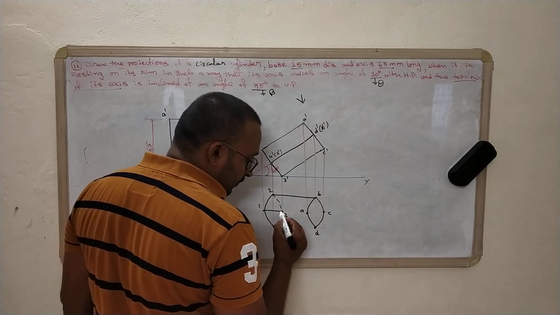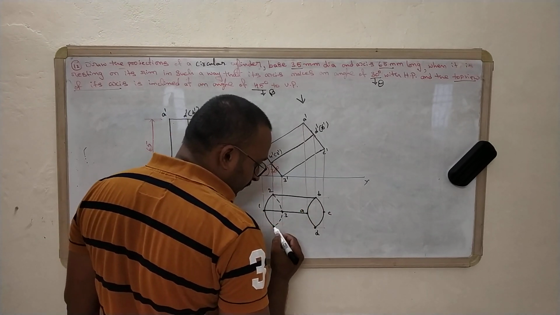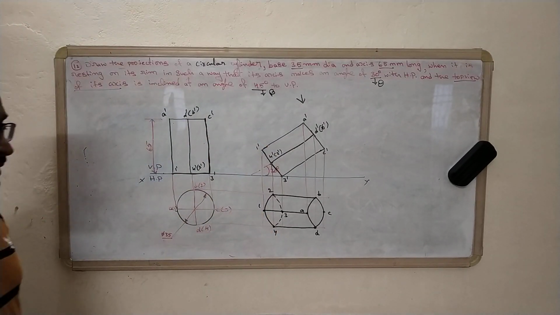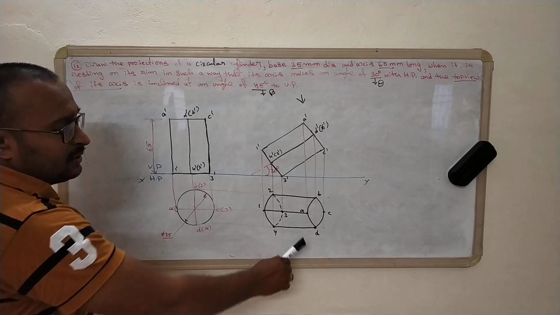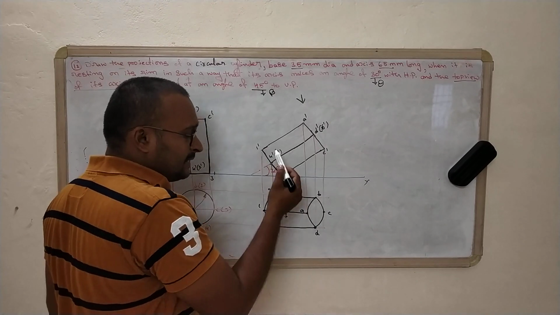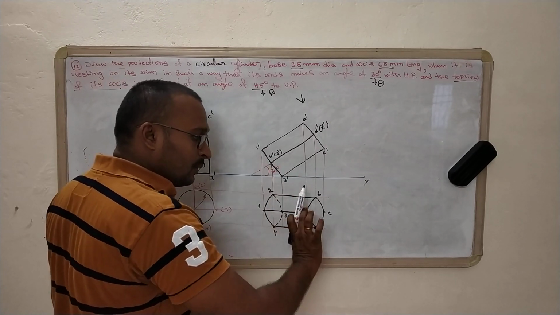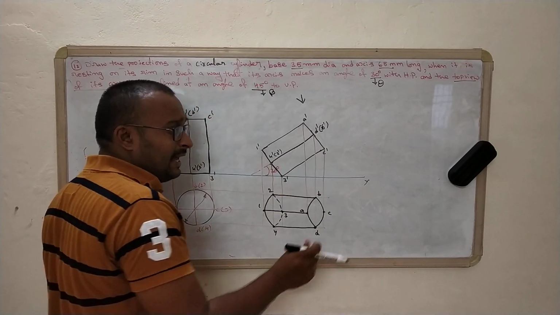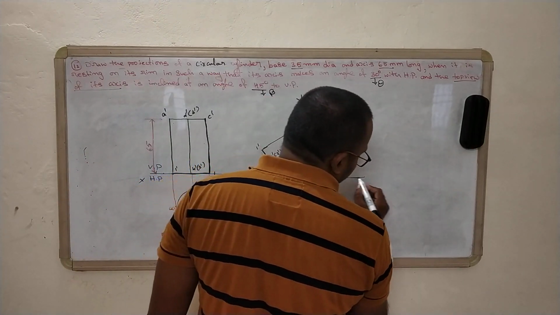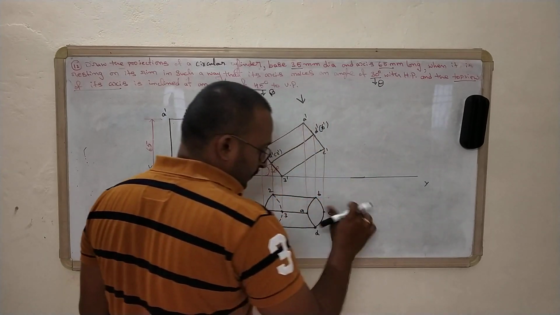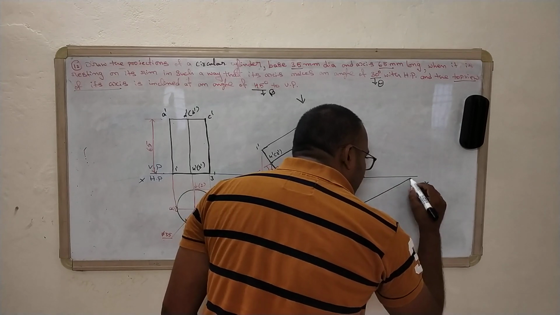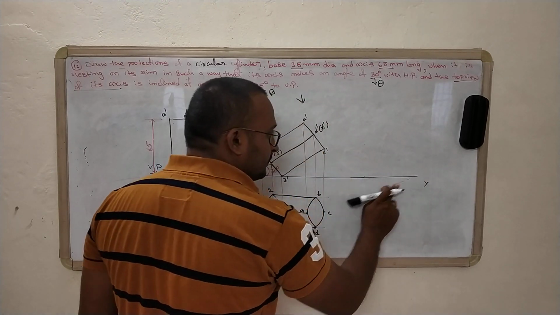2B, 1A, 4D. So here this is the second stage top view. Now the axis is parallel to the VP. We are going to rotate that axis at an angle of 45 degrees to the VP. Right, as it is, the box should be placed at an angle of 45 degrees.